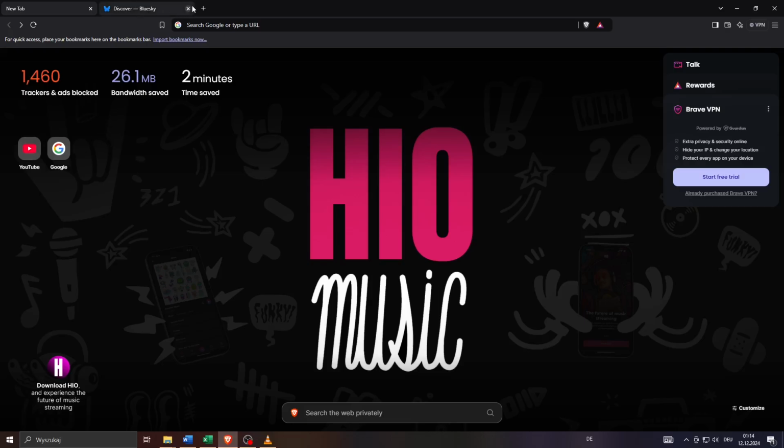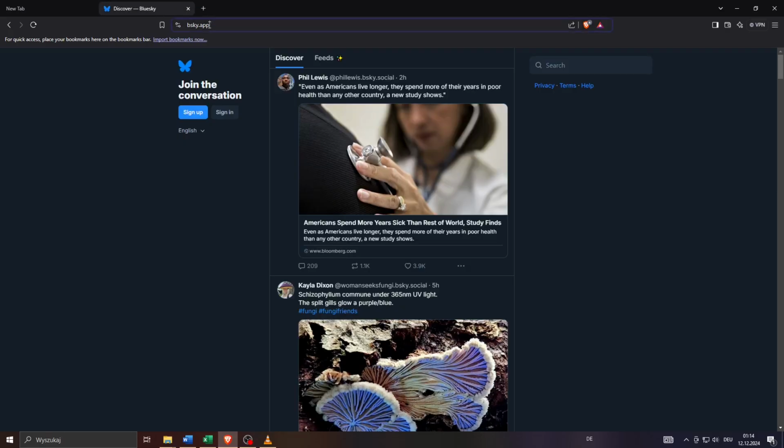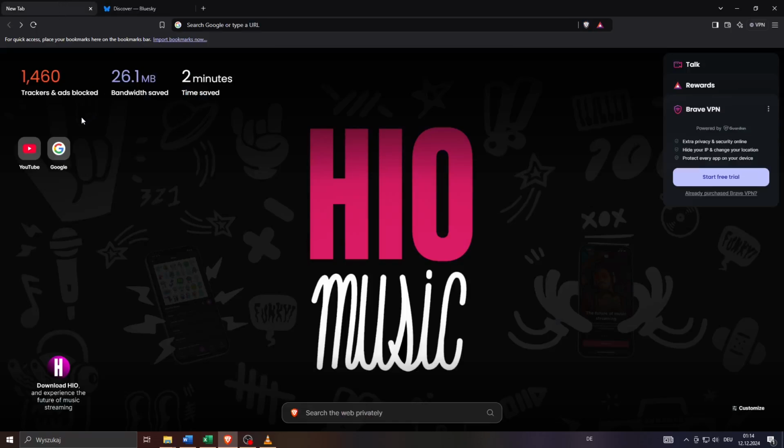Simply open a new tab here on Brave, enter the URL address of your destination page here at the top, press enter. So for demonstration purposes, I'm going to visit the Blue Sky application. And what you want to do after that, guys, is simply copy the URL of the given website,